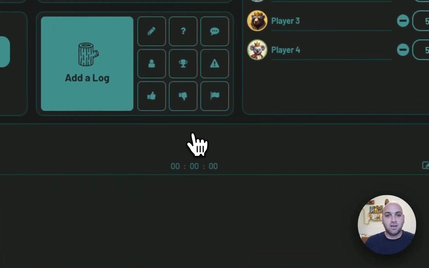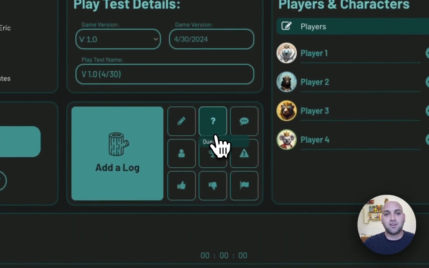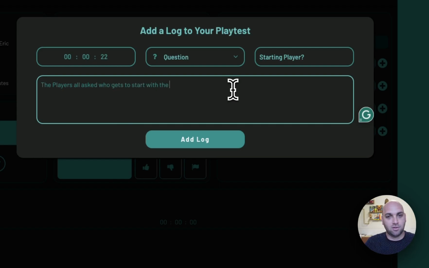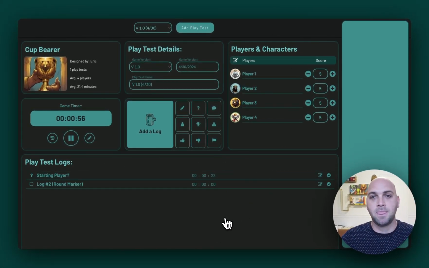And so perhaps we get started and immediately we run into our first question. And so a player asks, who gets to start with the cup? And I'll go, oh my gosh, I haven't thought of it. And so I'm going to come in here and say, starting player: the players all asked who gets to start with the cup. This is an undefined rule in my game. I need to create a compelling first player condition, and we'll hit add log. And there we go. So now we have a question for starting player,